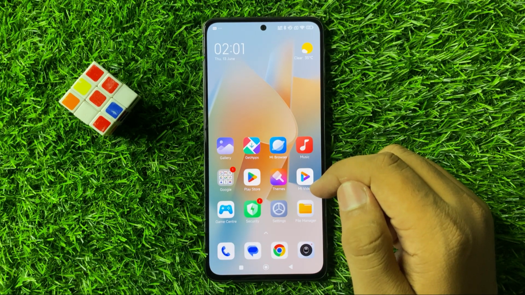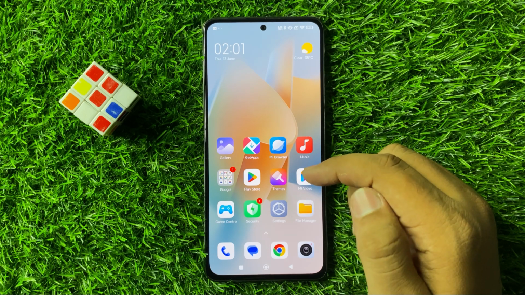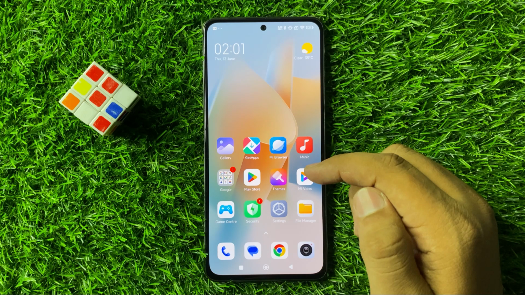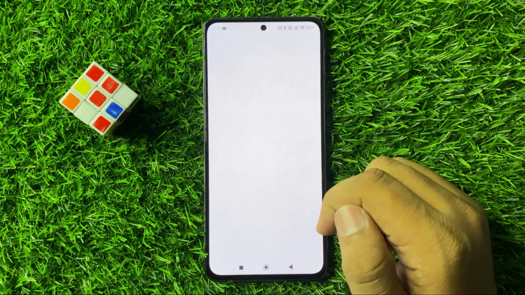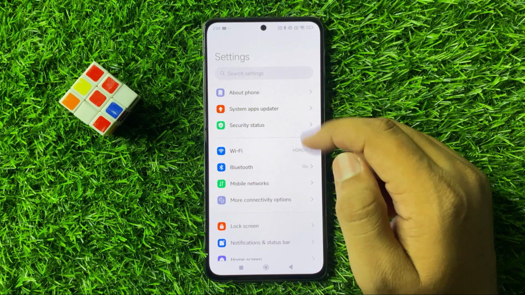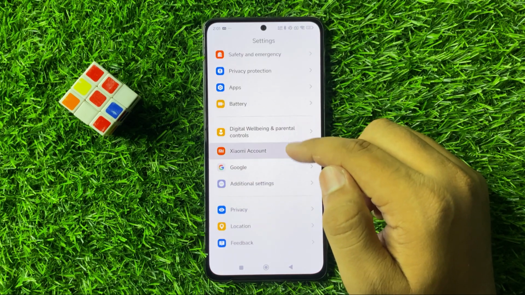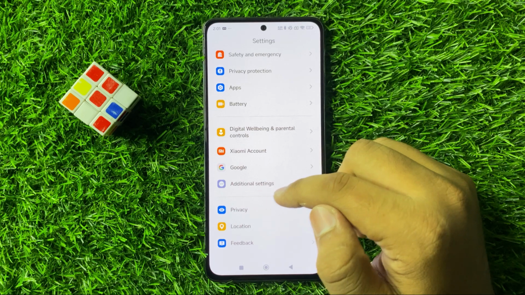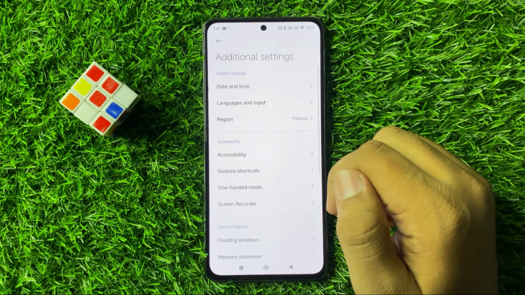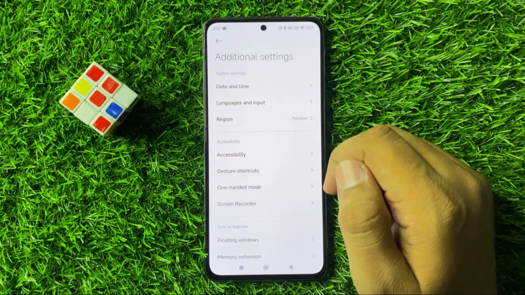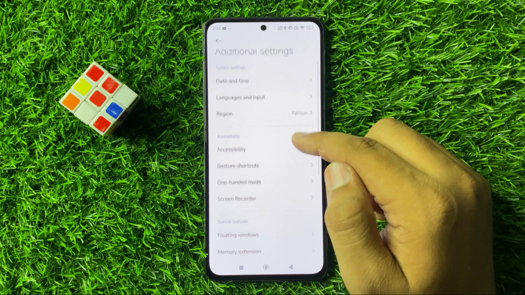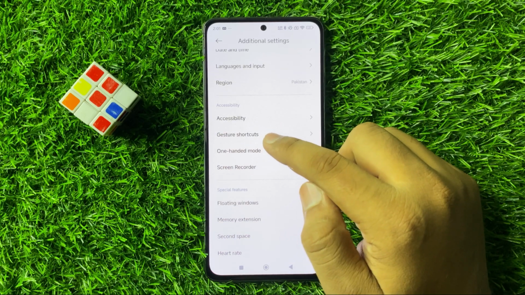In this video I will show you how to activate quick launch on Redmi Note 13R. So first of all, open settings. Now in settings, scroll down and here click on additional settings. Now in additional settings, scroll down and click on gesture shortcuts,